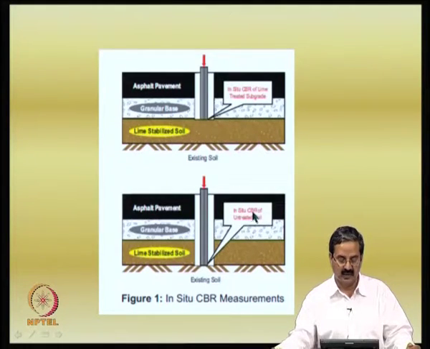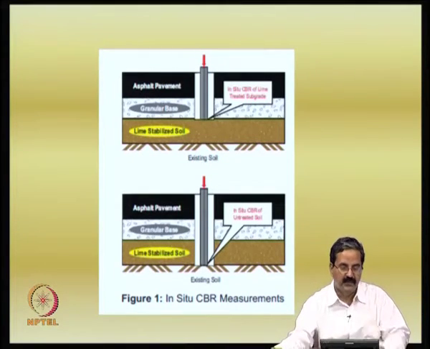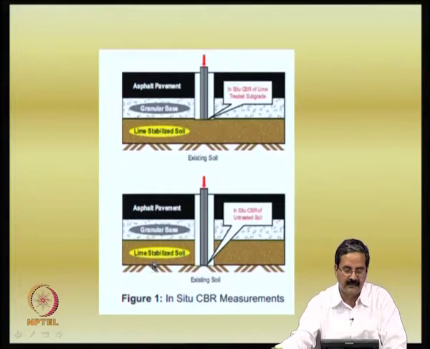So, the in situ CBR of the lime treated soil was done at this point, and the in situ CBR of the untreated soil was done at this point. You have these two measurements, and over a period of time for the pavement layer which has a lime treated soil as well as a GSB as well as the asphalt pavement, they are trying to compare what is happening. So, they measured the CBR only, and you can see that